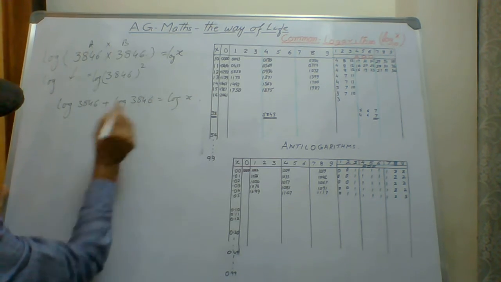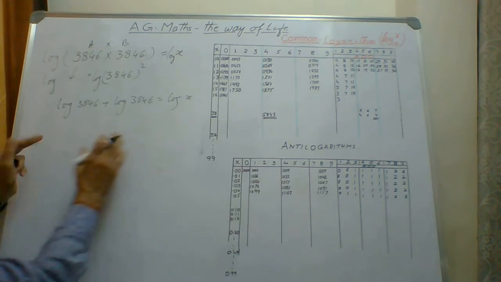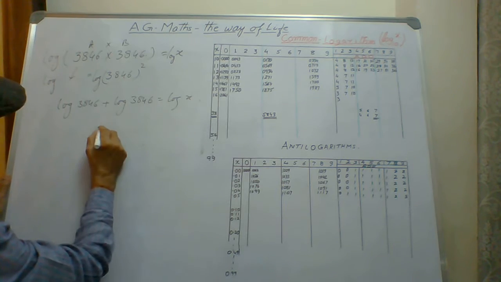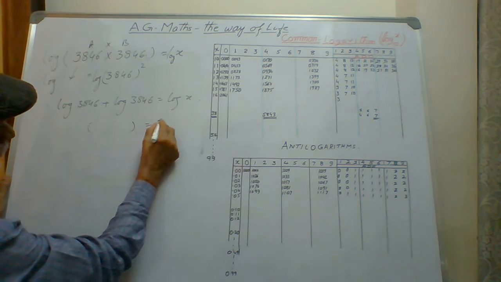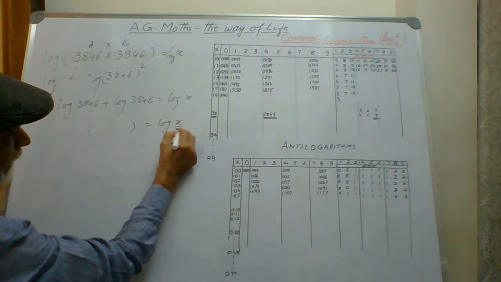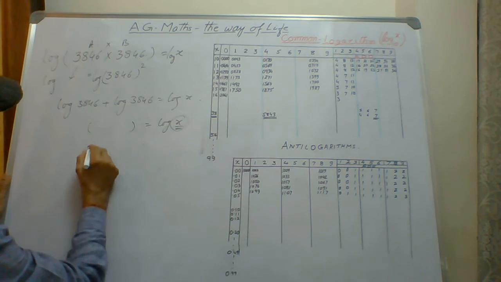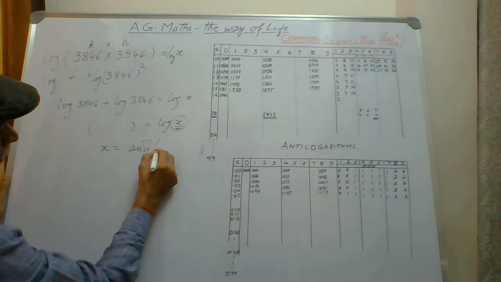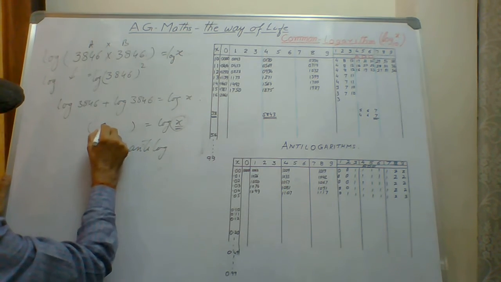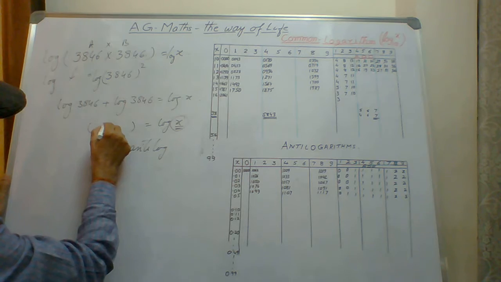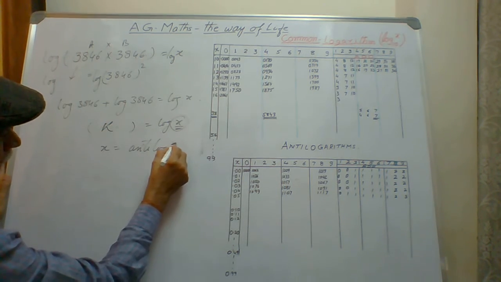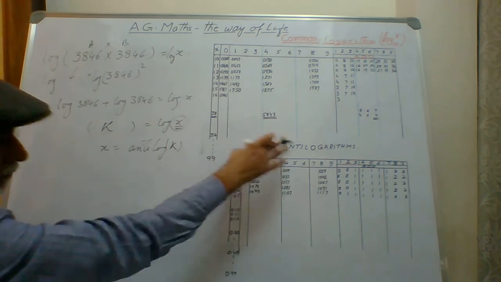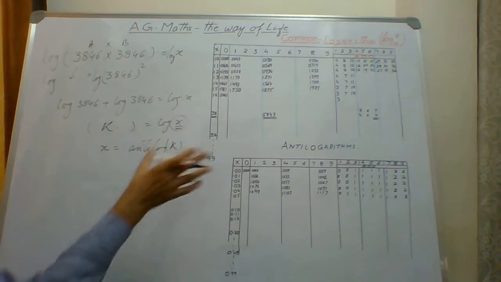Whatever value I get from here is without the log. I should get the numbers from here, and then I find the anti-log, because here we get a number equal to log of x, but we need to find only x. So x will be equal to the anti-log of this number. Suppose this number is capital K. So find the anti-log of K. For anti-log, this is the table. So these two tables we have to use.